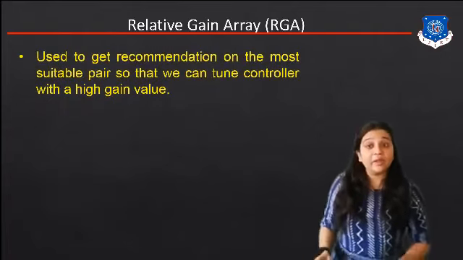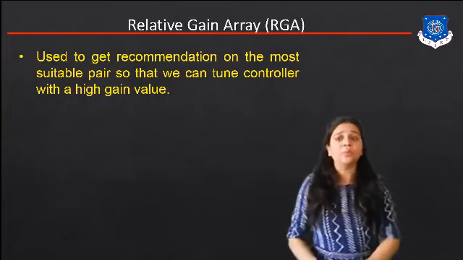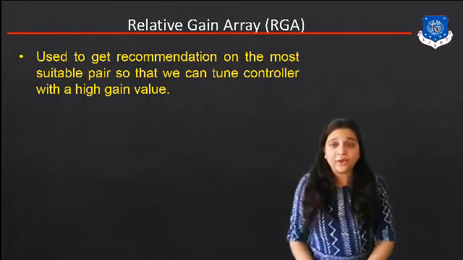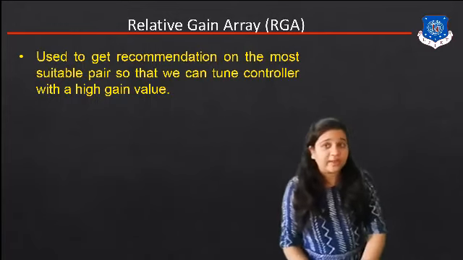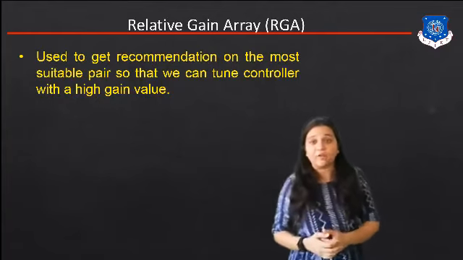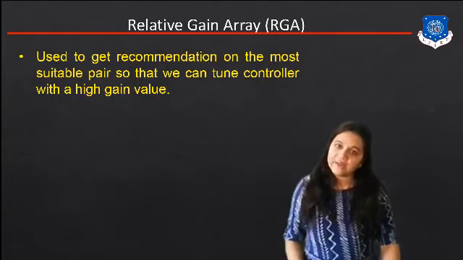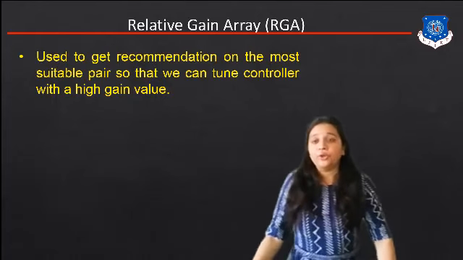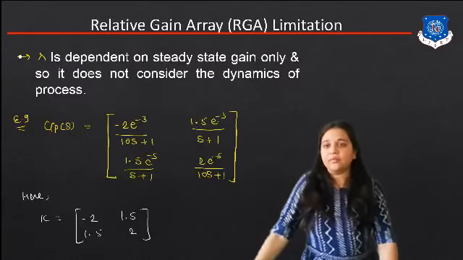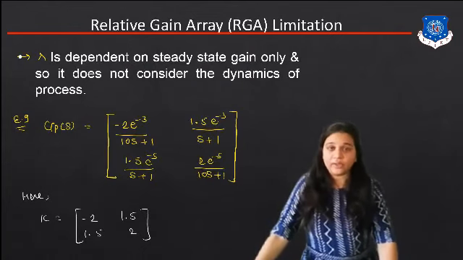So the relative gain array is used to get the recommendation on the most suitable pair so that we can tune the controller with the high gain value. So we can take the controllers one by one as 0 and we can check what is the best suitable pair for this particular plant, and we can easily tune the controller with the high gain value. Lambda depends on the steady state gain only, so it does not consider the dynamics of